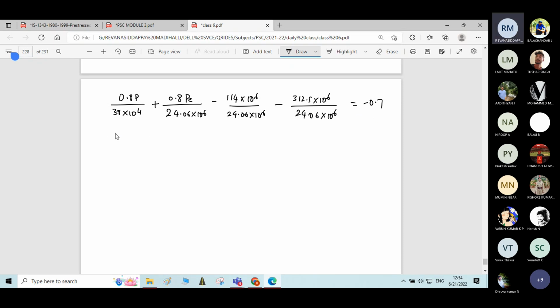Okay. Simplify this equation. 0.8 divided by 38 into 10 power 4 will give 2.105 into 10 power minus 6 P, plus 0.8 divided by 24.06 into 10 power 6 will give 3.325 into 10 power minus 8 PE, minus. And the value of these two terms will be 17.02 is equal to minus